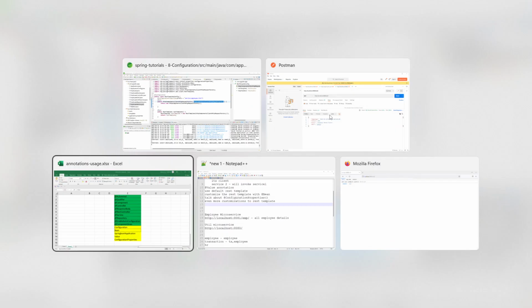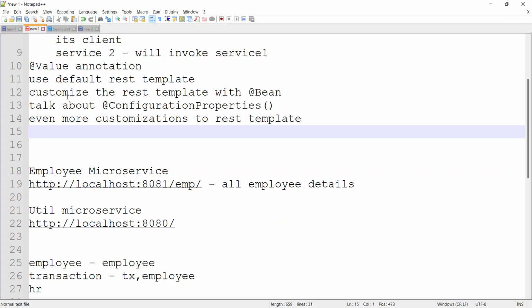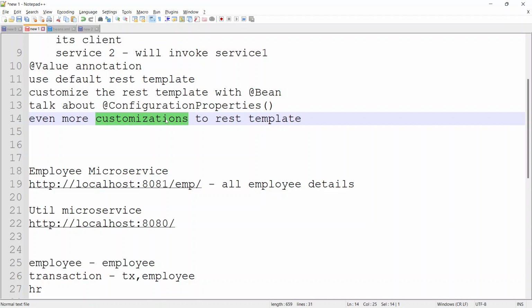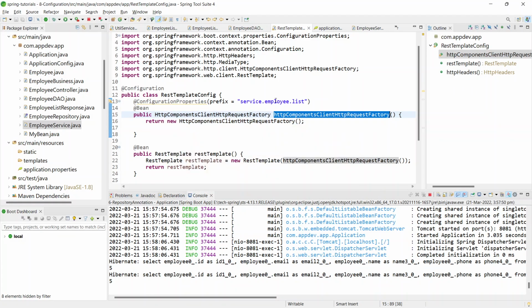Okay, next we will go to our agenda once. Customize the REST template with that bean, talk about config. We talked about all these things, right? Use default REST template, yes. So even more customizations, also we talked about it, right? The read timeout, connection request timeout. We discussed in detail with an example, and we talked in detail about other customizations we can do, like thread pool size and everything. Okay. Now,